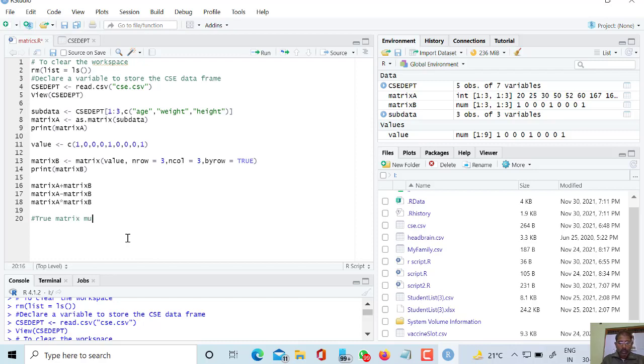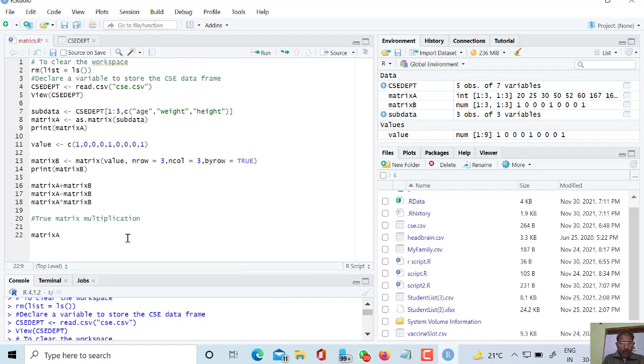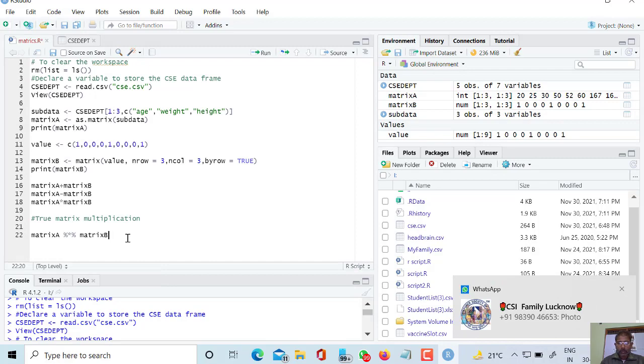For this we write matrix A, then the percentage sign, and within the percentage sign we write the star sign, and this will calculate the true matrix multiplication. So it is very easy.